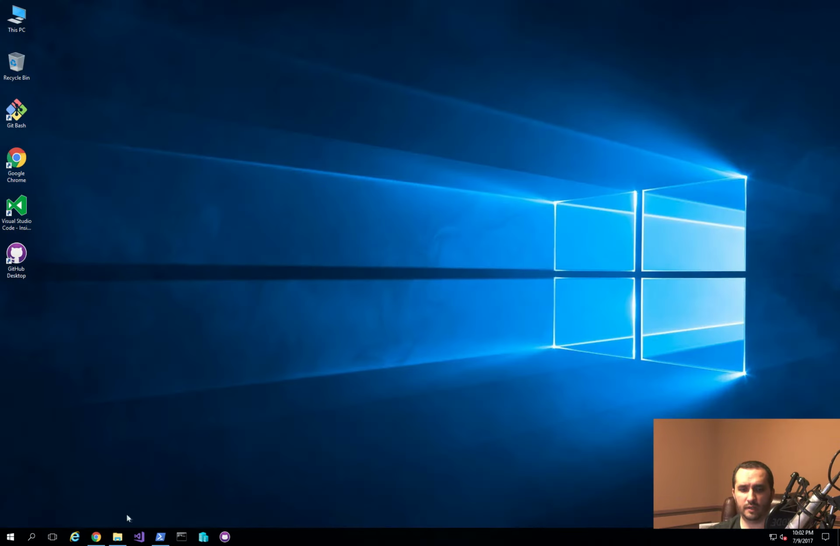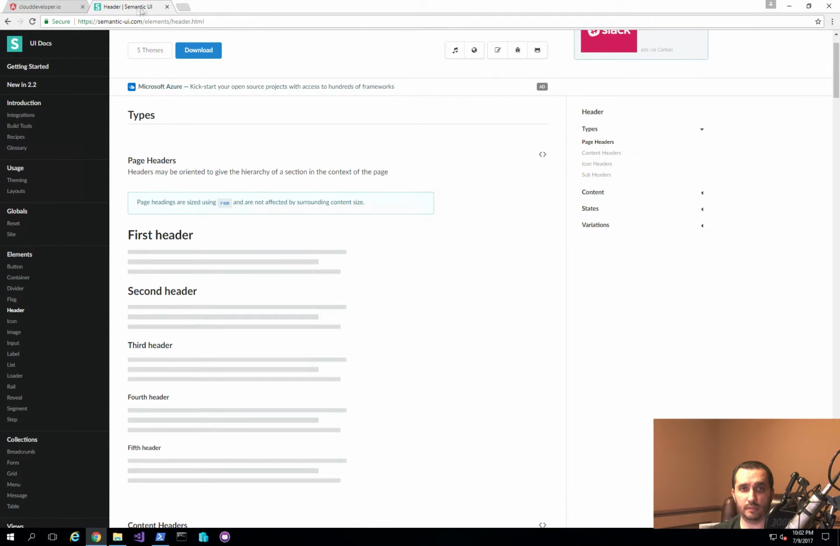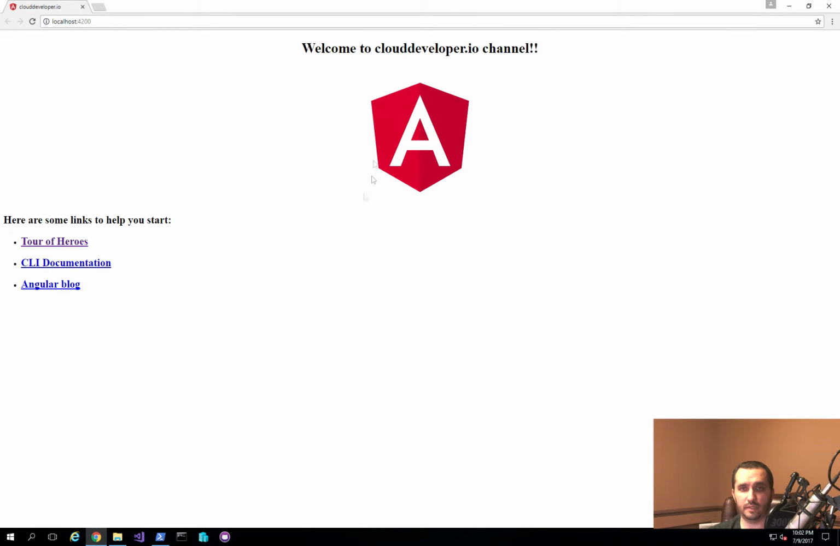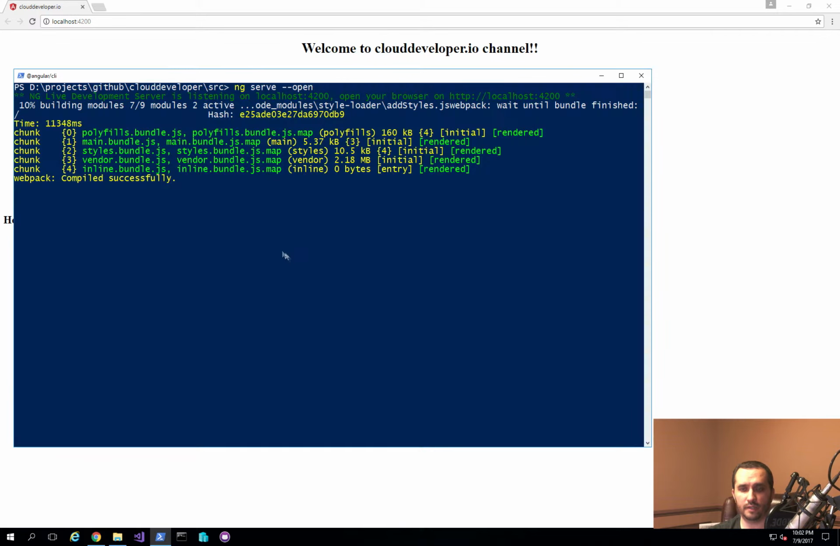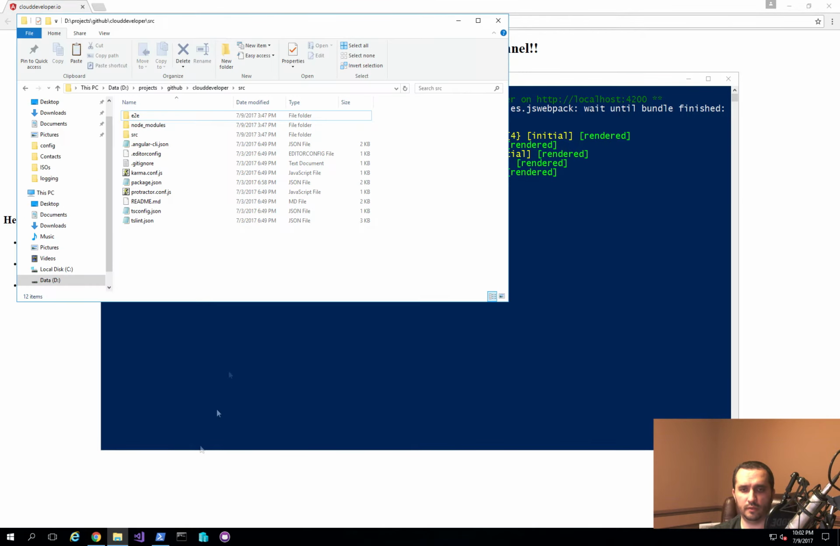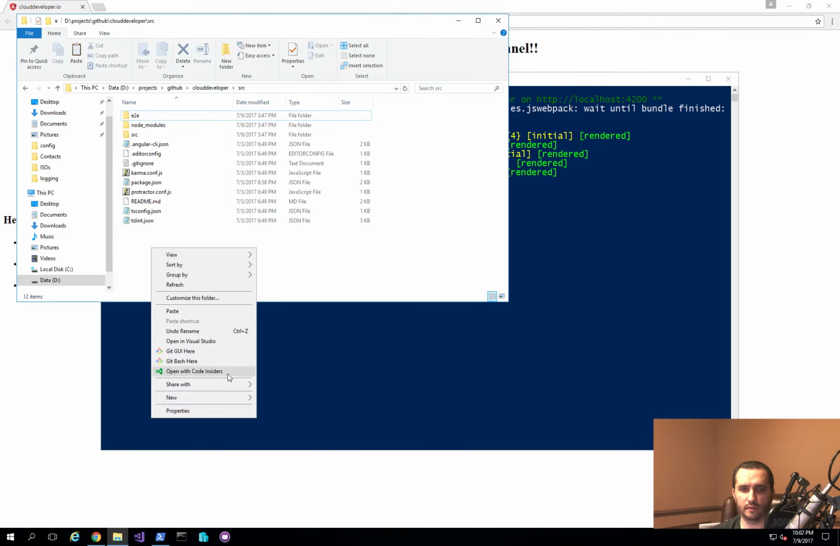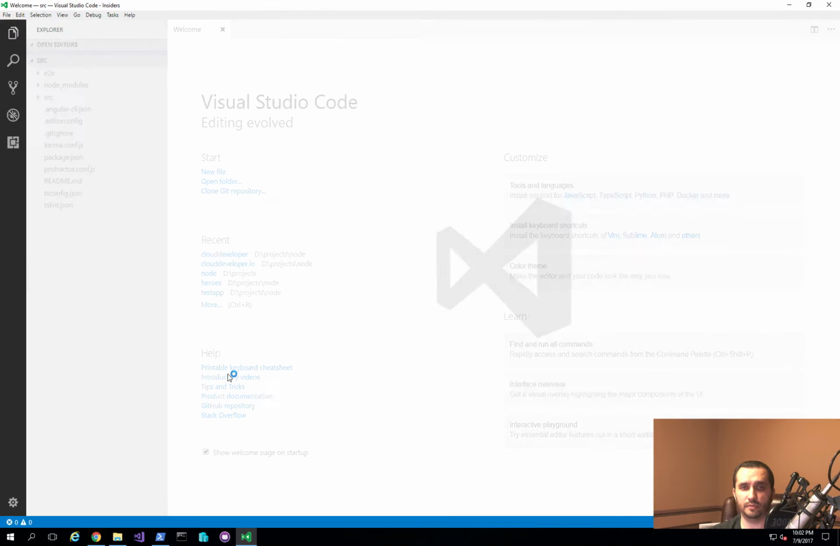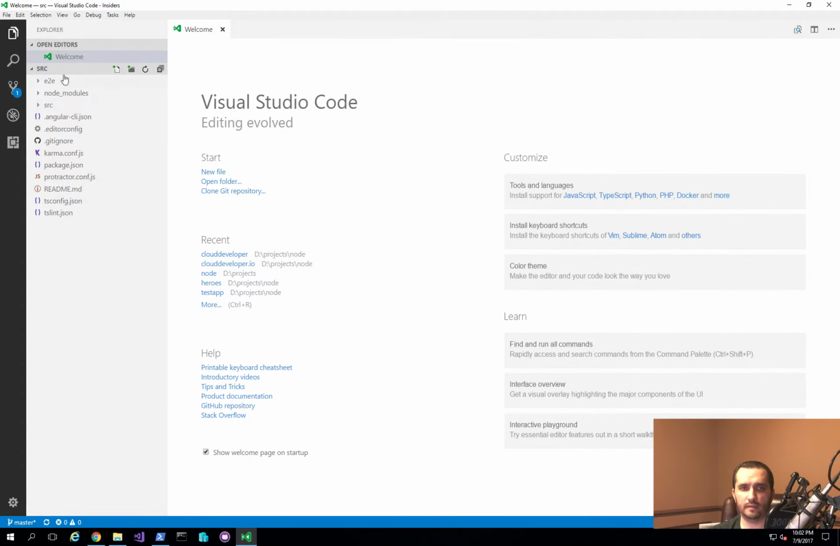What I have here is the application that we built last time. It's running right here, and I've started it up using ng serve. I'm going to go ahead and stop this here. I'll open up this folder with Visual Studio Code, and this is our basic application. So the first thing we want to do is install the Semantic